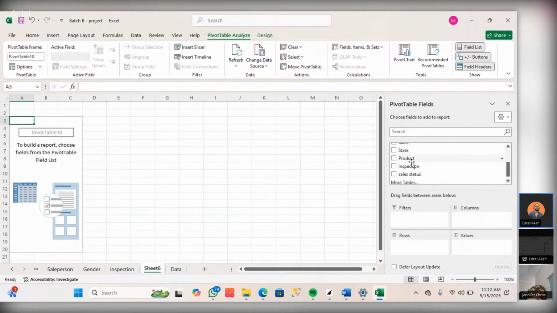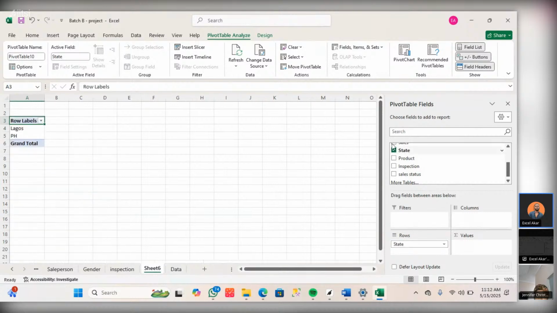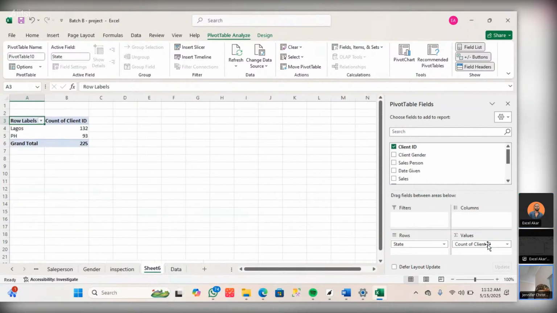Okay, state to row. Where's my state? State to row. Okay. Client ID to value. So the question was to know the conversion rate for each state. So now we know the number of clients generated from each of the states first. Then now we need to know from those clients generated